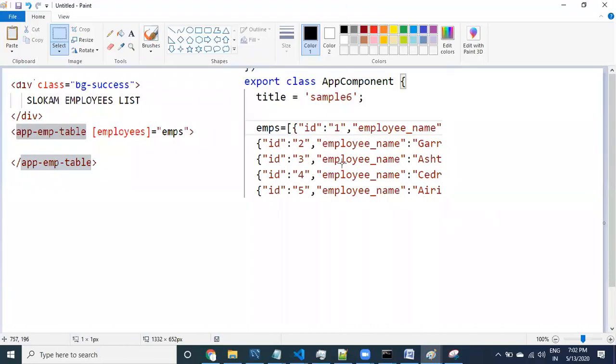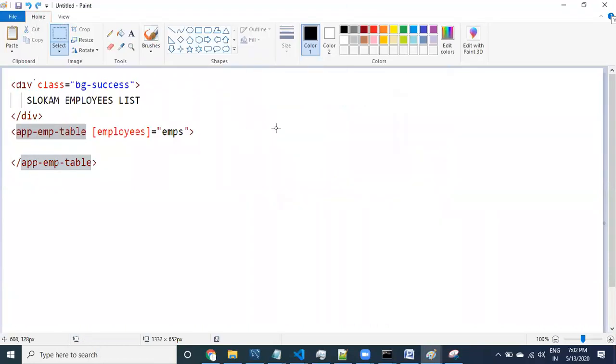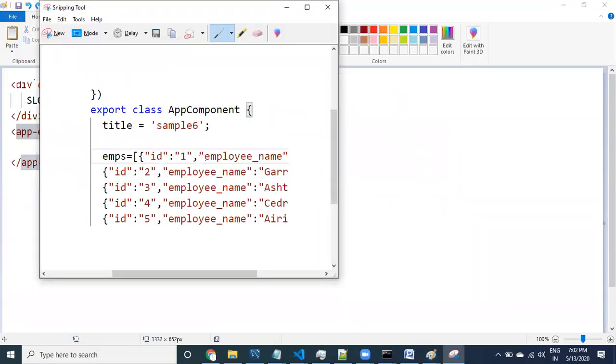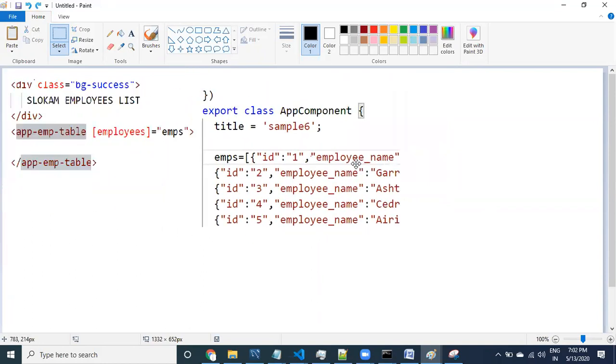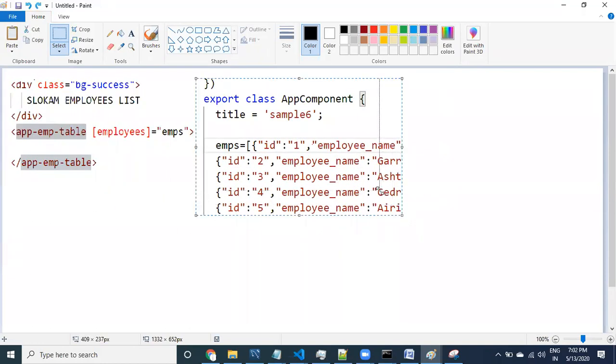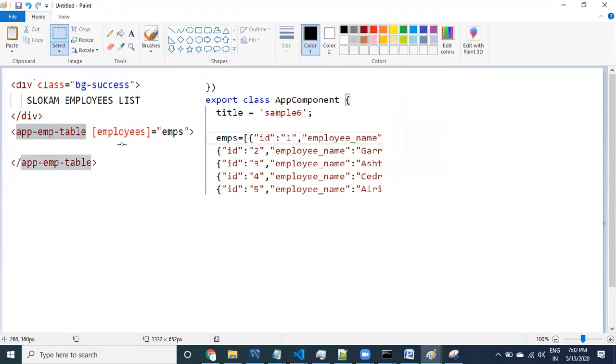These two things are related to the app component. You can see the app component related HTML.